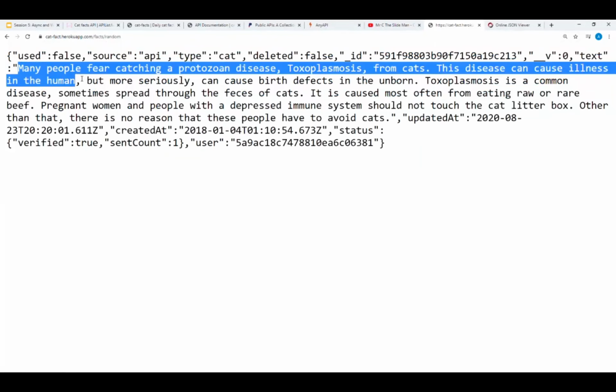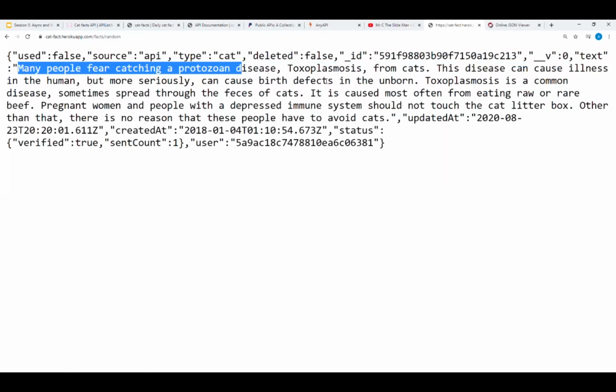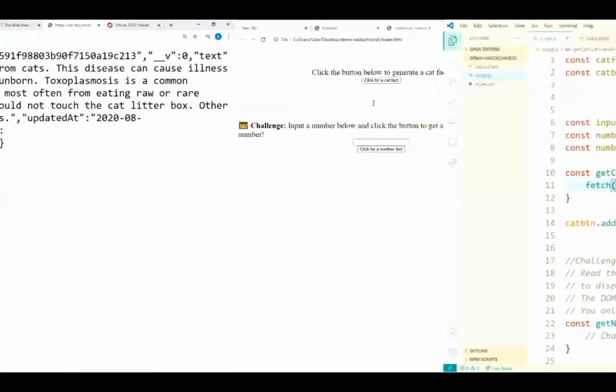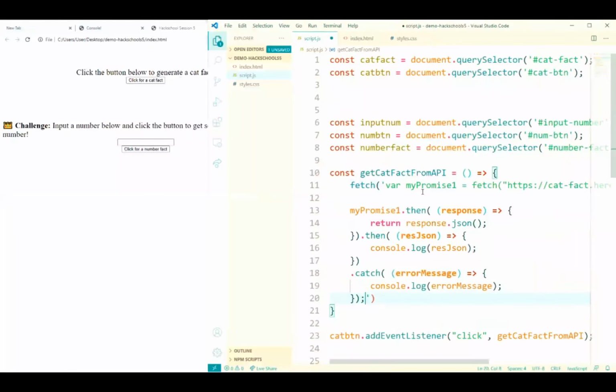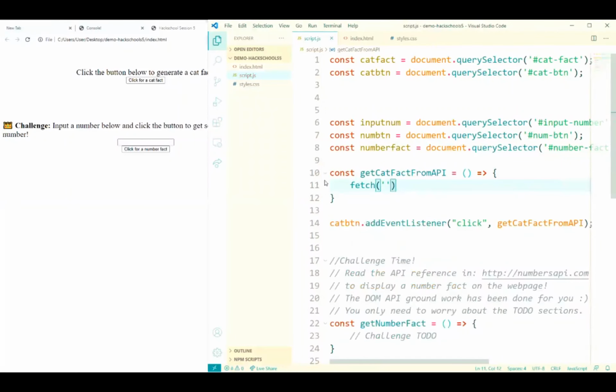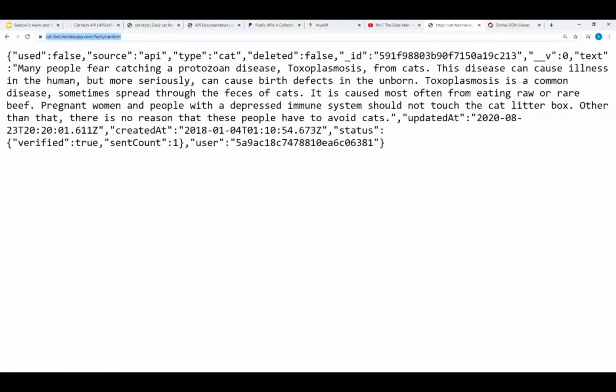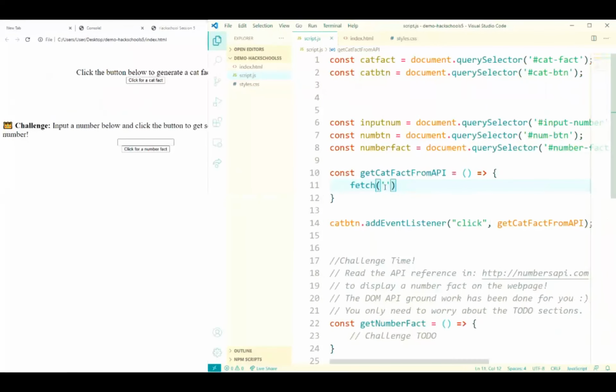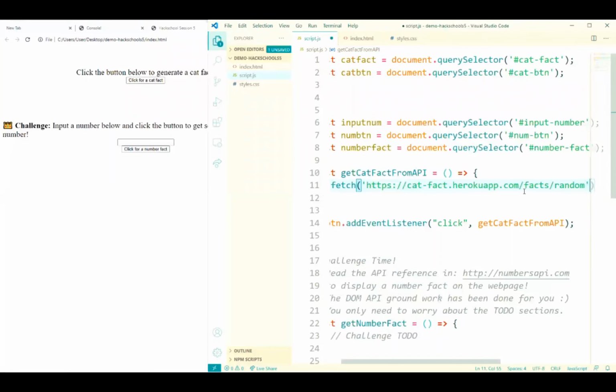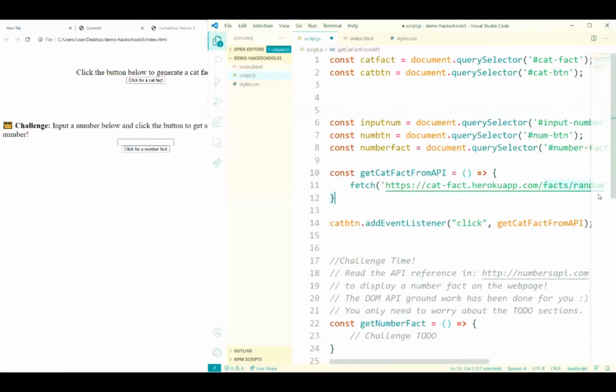Many people fear capturing a protozoan disease, toxoplasma. Okay, anyways. Let's go ahead and copy this link, and recall that fetch takes in a URL as an argument.